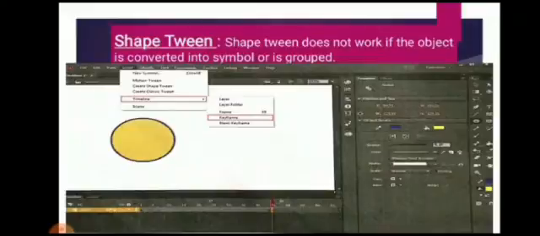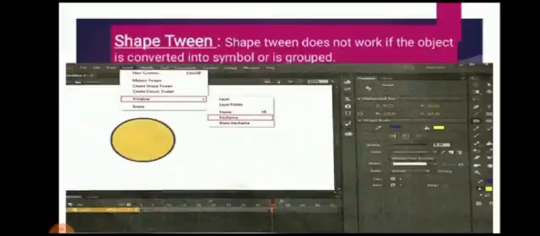In this case we need two shapes, that is a circle and a star, to be drawn in different frames at different points on the timeline. So for this, select the stroke color blue and the fill color yellow. This I had shown for this diagram. Stroke color, that is line color, blue and fill color yellow.